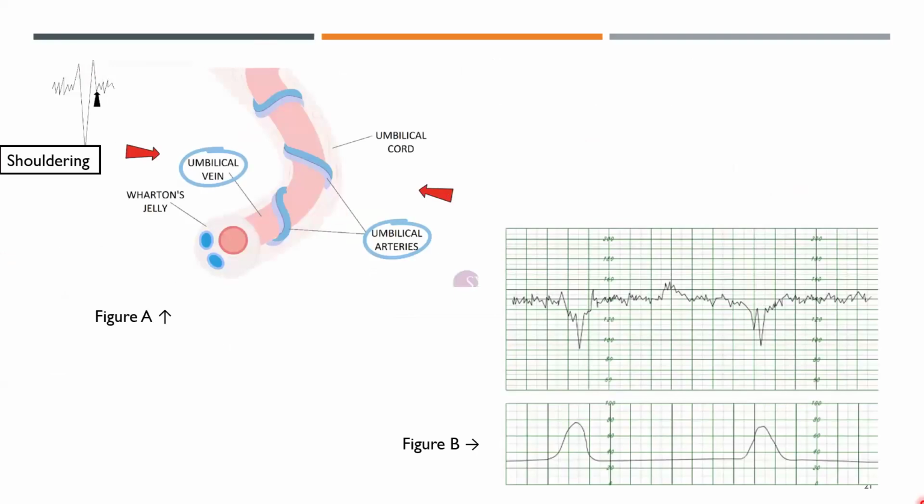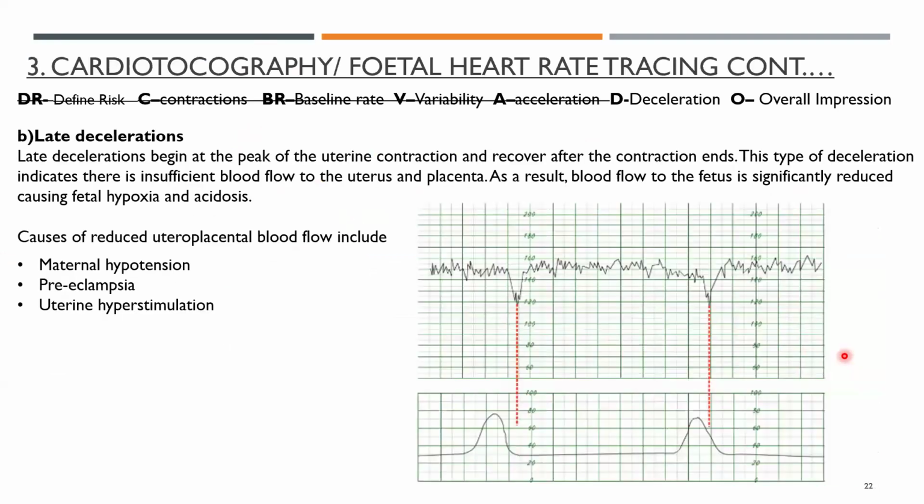As you can see, the deceleration has nothing to do with the contraction. It's okay, in this case, a little bit, but ideally, no. The main thing you can see is the shouldering is part of it. It is important and it's variable. So it's in the word, it's variable.